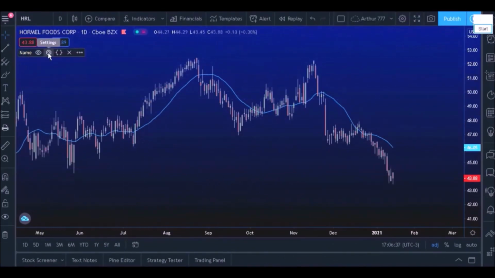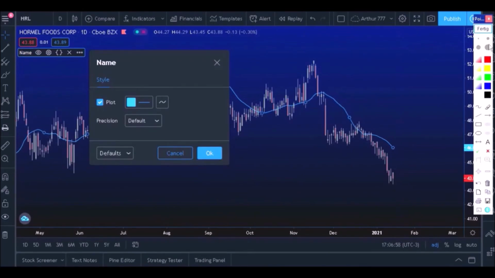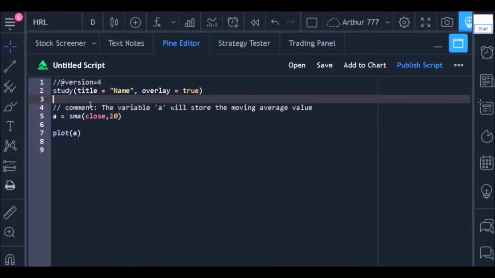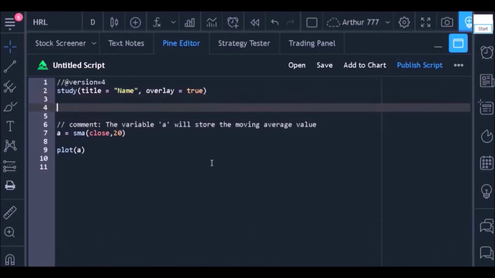However, it is not yet possible to modify the moving average using the settings window. To do this, let's go back to the Pine editor and add some inputs to the code. The first input will serve for the user to choose which source will be used to calculate the average. So let's create a variable called moving average source and use the input function to store what the user chooses